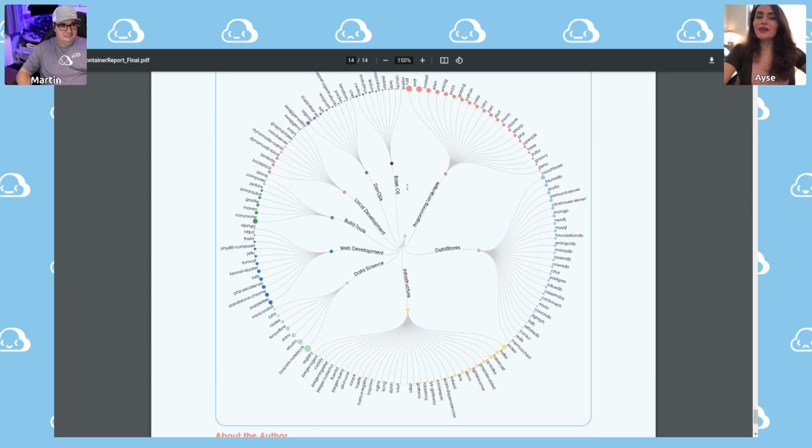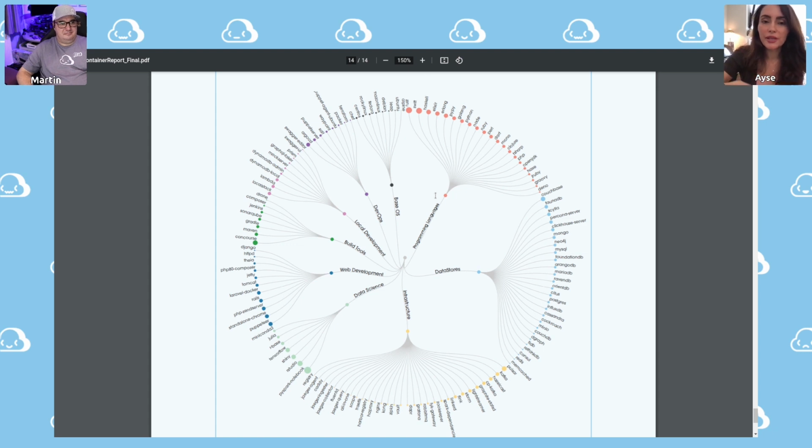It might be very hard to read here, but if you download the PDF copy of this, you can see which categories are selected, those 9 categories, some generic ones and more special purpose ones, programming languages, DevOps, infrastructure, and you can see which specific containers we have selected for this study.